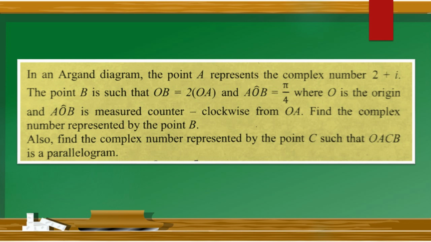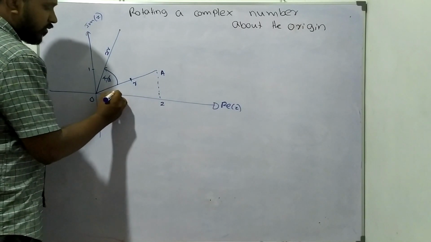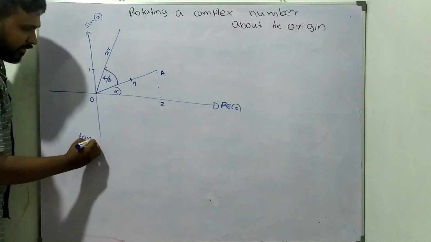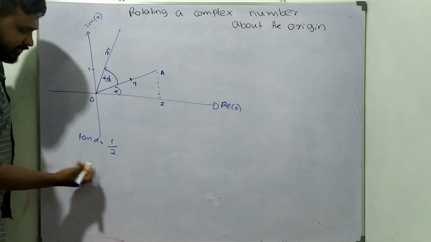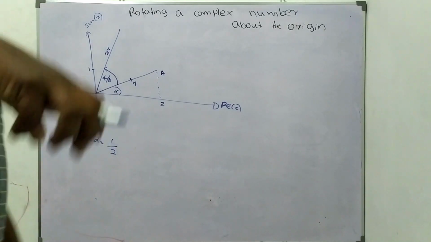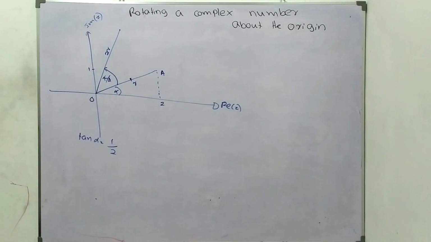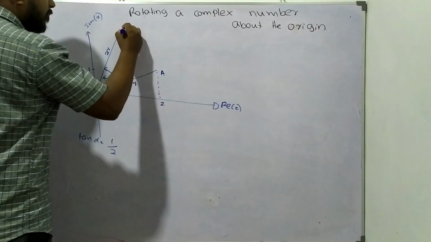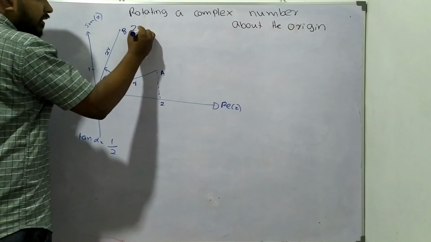Okay, so this is the counterclockwise rotating case, right? But here the radius is twice. So here this is my OA, with some angle. Actually we can find this angle because this is 1, this is 2, so tan alpha becomes 1 over 2. We don't know the angle, but you can draw the triangle to find that alpha angle with the cos and the sine. Anyway, I just need to find position B, the complex number ZB.